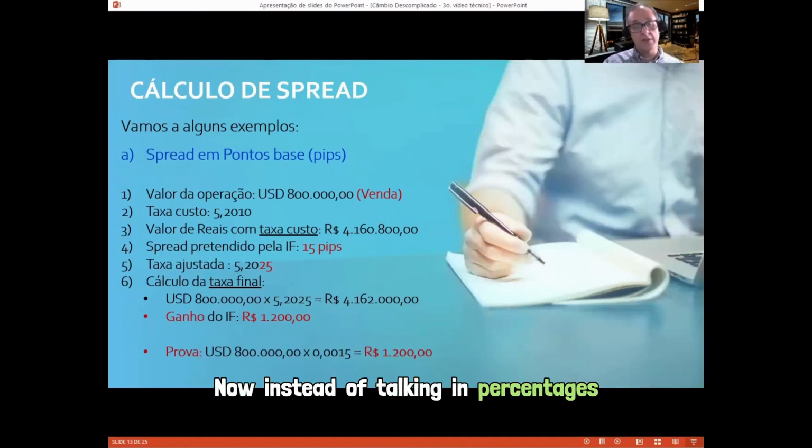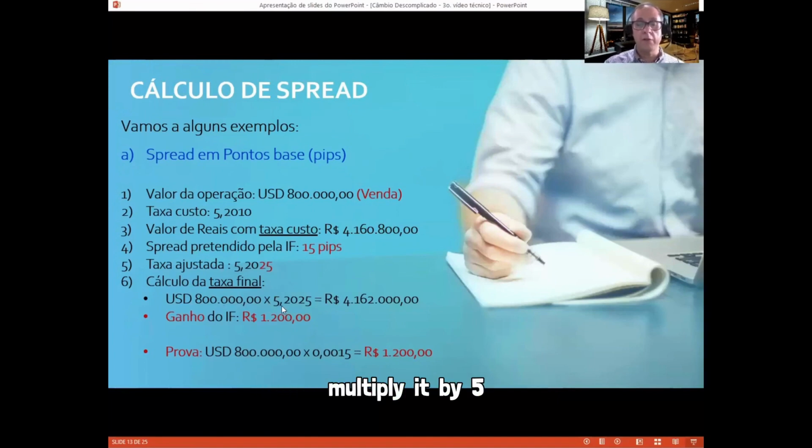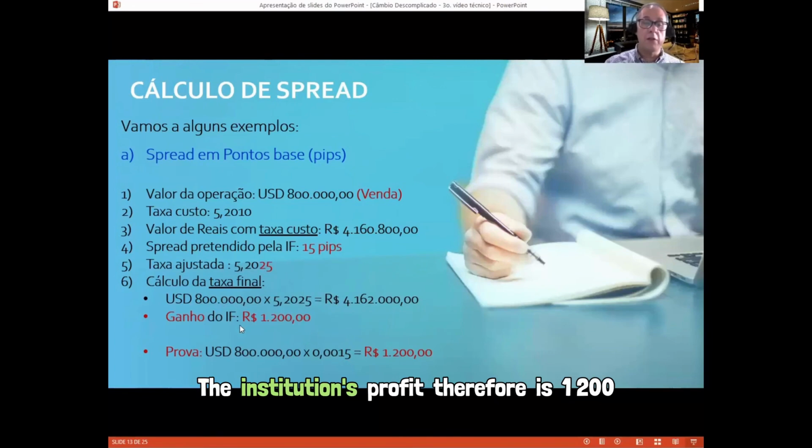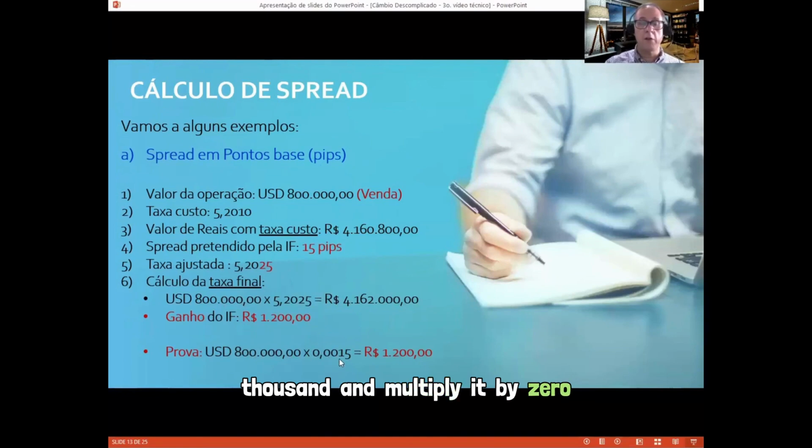Now, instead of talking in percentages, the trader is told that they need to make 15 pips on this transaction. Or they already have a relationship and know that this client usually agrees to pay 15 pips as previously arranged. The adjusted rate, therefore, see, 5.2010 becomes 5.2025. The rate went up by 15 pips here. If you take the 800,000 and multiply it by 5.2025, which is the final rate for the client, you get a value of 4,162,000. The institution's profit, therefore, is 1,200. If you take the 800,000 and multiply it by 0.0015, you'll arrive at the same way of calculating the revenue